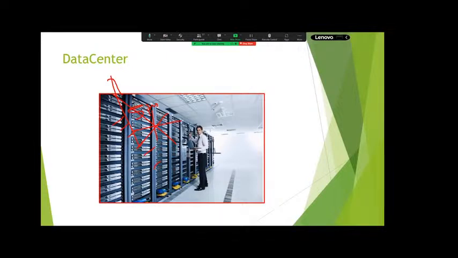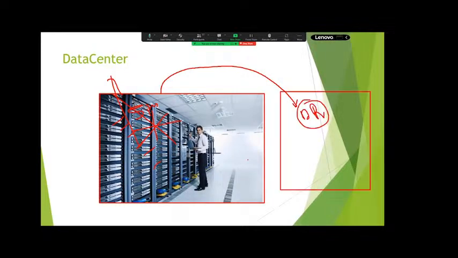So to maintain the same data in multiple locations, we need to maintain another thing called disaster recovery. So another backup data center. If this data center collapses, another data center should be there to recover the data, so it should not affect your business. Am I right? If you are maintaining a single data center, that is not enough. We also have to implement disaster recovery. Disaster recovery means recovering the data if any unexpected events occur.